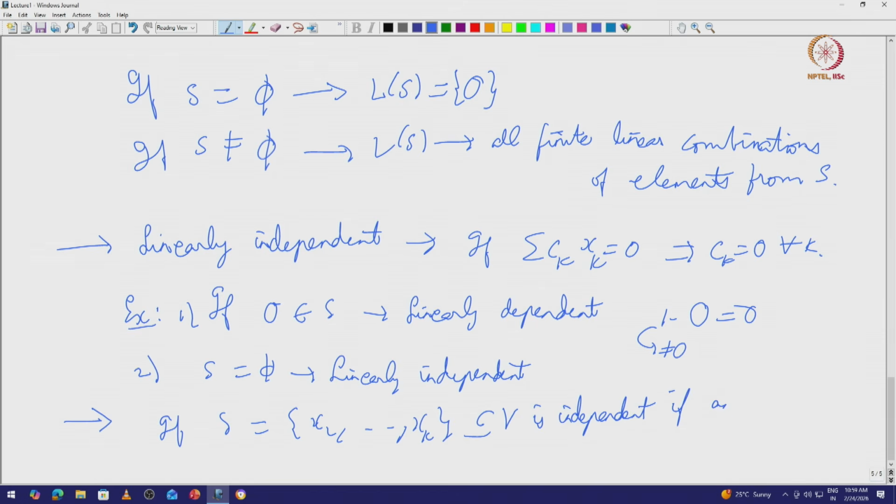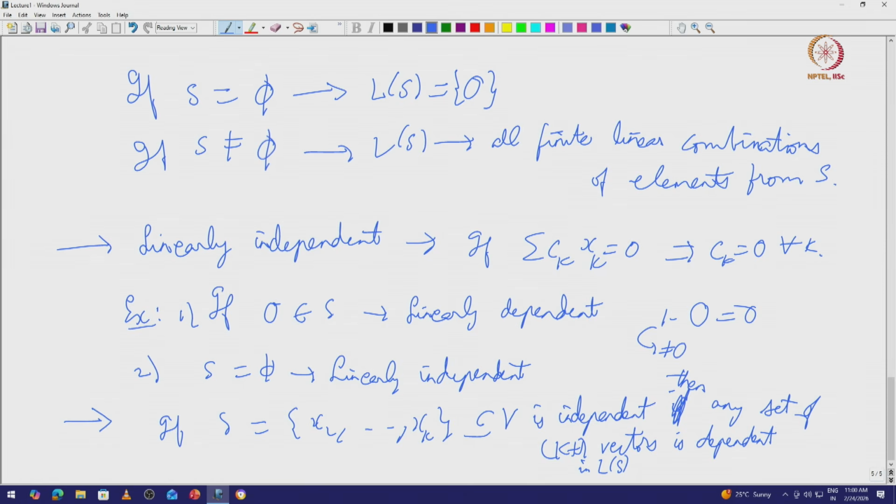Then any k plus 1 vectors in the span of S are dependent. In other words, if you take the smallest subspace containing S, then